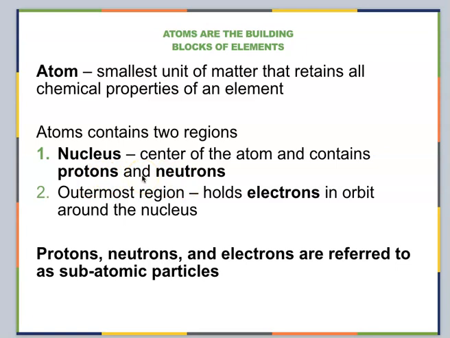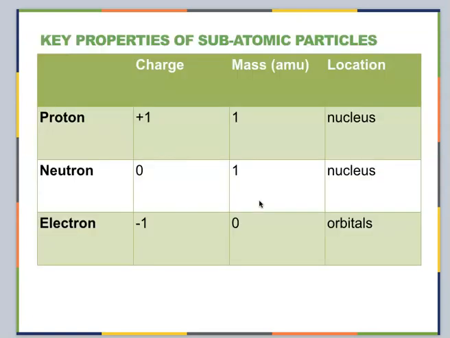What we do need to understand is that electrons are what we use to undertake chemical reactions. And I'm sure you understand that already, but just to make sure, protons and neutrons are pretty much maintaining the major mass of the atom. The electrons are doing all of the heavy lifting in terms of who interacts with whom and when. The key properties of all subatomic particles: protons are positively charged, neutrons are not charged, and electrons are negatively